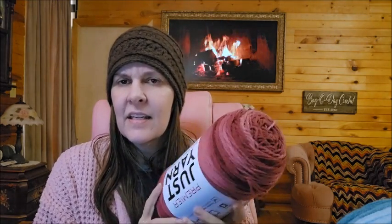And when I saw that, I'm like, that's gonna beat Redheart's, right? I got it, and I'm like, what the heck is this? It is pretty, don't get me wrong, but it looks nothing like what they're representing. And then I went through them all, and none of them look like they're representing. So if you go to their website, remember, I do know things look different. I buy online all the time. I know that. But after looking at 3 different devices, a laptop, my phone, and my TV, and they're all looking the same on all these,